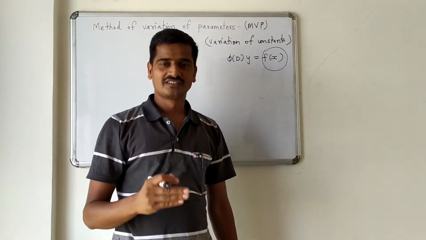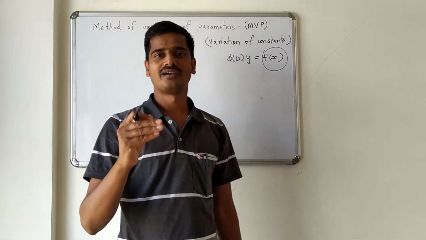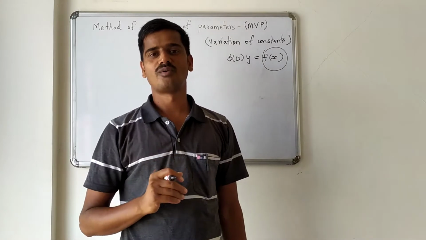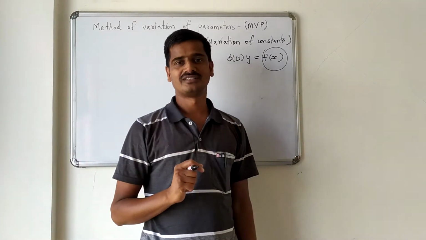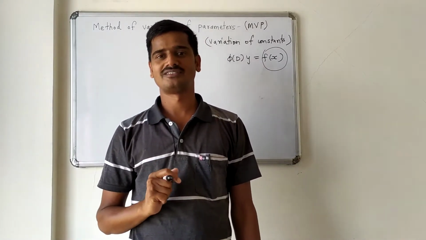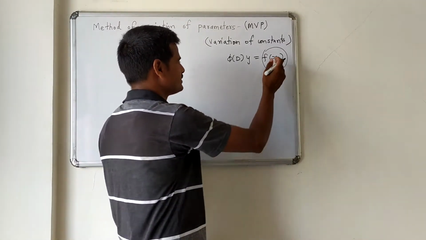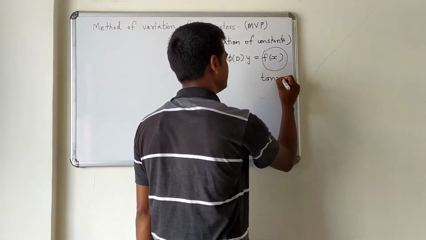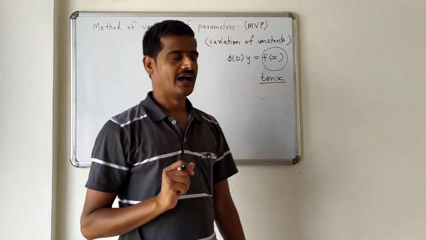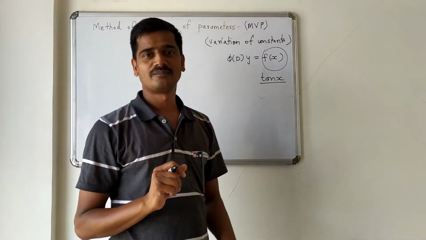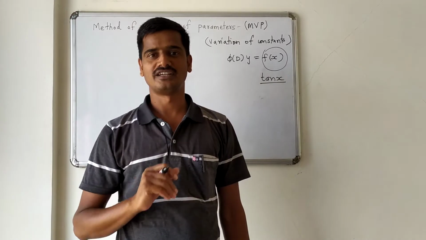There are various cases, like the function f of x should be exponential, or sine of ax or cos of ax, then any polynomial in x, then exponential shift e to the power ax into v, and finally x into v. But what will happen if the function on the right hand side is tan x? In this case, the shortcut method doesn't work. And as far as the first method, the general method, is concerned, as I told earlier, it involves laborious integration.